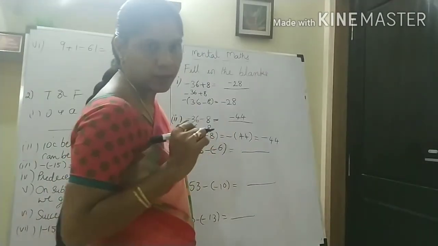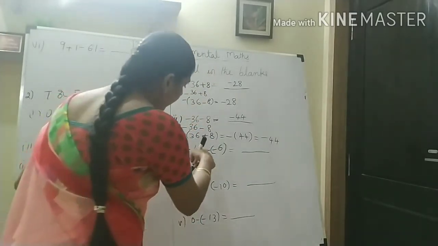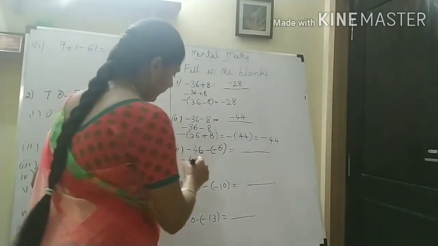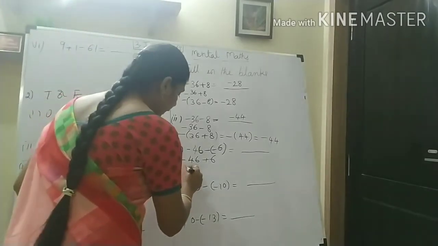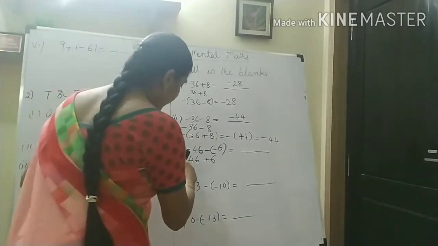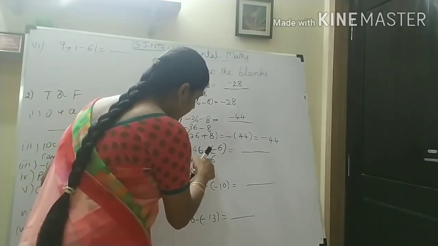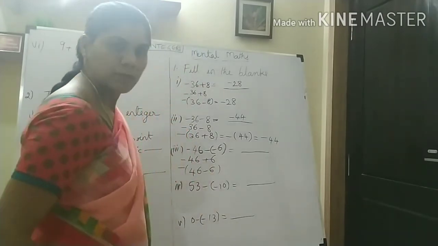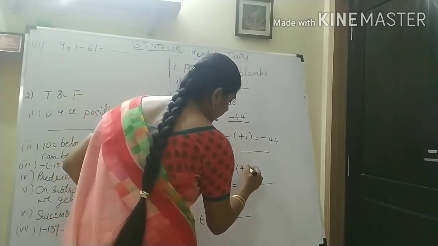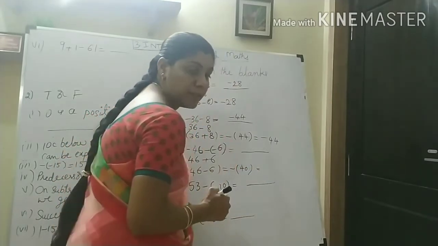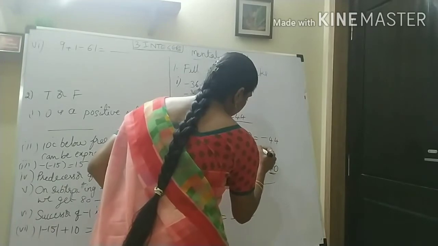Okay. Given numbers. See this one, first one minus 46, as it is I am writing here. Now I am applying minus. Minus into minus, plus. Plus 6. Now see, again as usual take minus as common. So this minus I have taken here common. So this will become plus 46. Now this plus will become minus. Now what? See, minus of 46 minus 6, 40. Now remove this bracket, apply this sign here, minus 40. So your answer is here minus 40.